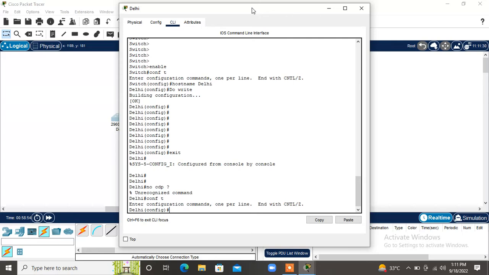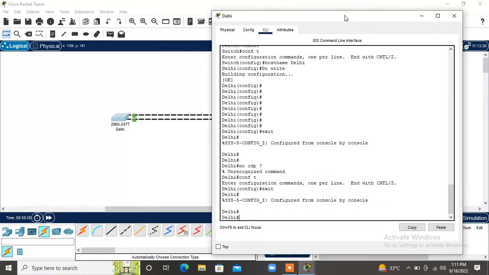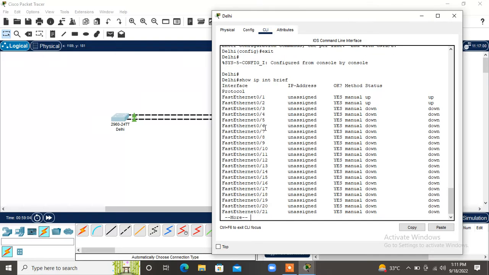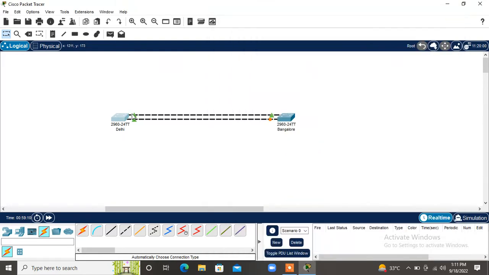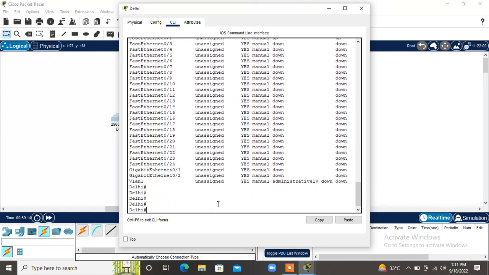First of all, I'll have to go into the port. So, show IP interface brief. So we have FastEthernet 0/1 and 2 connected, right? So I'm just going to configure terminal,